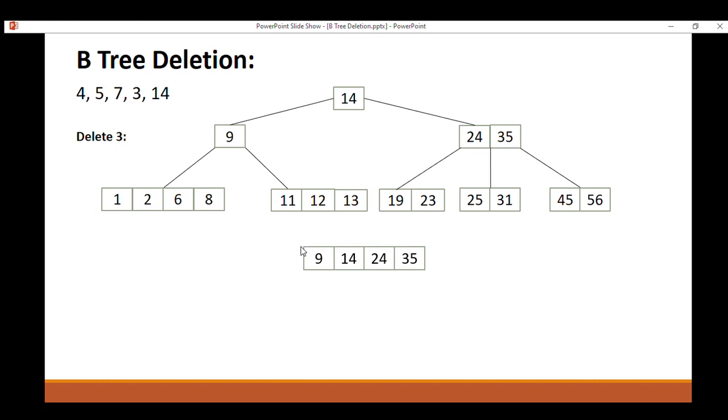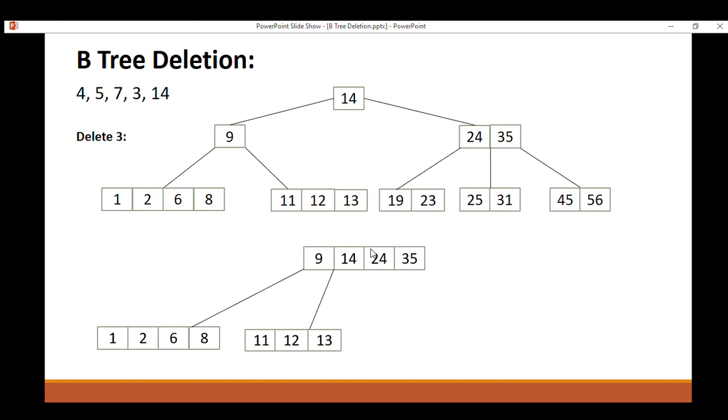Now their children: the left subtree of 9 will become 1, 2, 6 and 8, the right subtree of 9 and left subtree of 14 will become 11, 12 and 13, and the right subtree of 14 and left subtree of 24 will become 19 and 23.